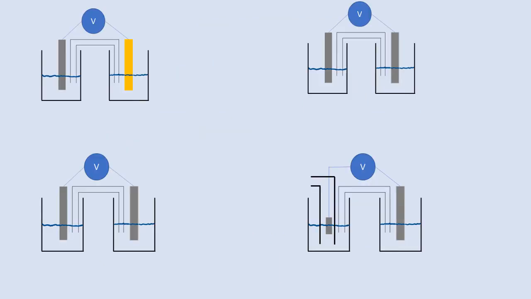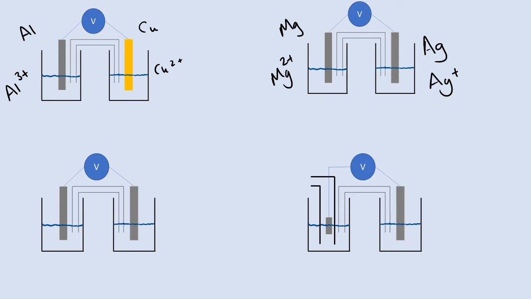Let's look at 4 different scenarios then. So this first one is going to be copper with copper 2+ and aluminium 3+. Over here we're going to have magnesium 2+ solution. We'll have silver electrode with a silver solution, and down the bottom here we'll have